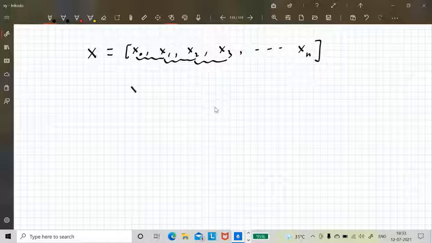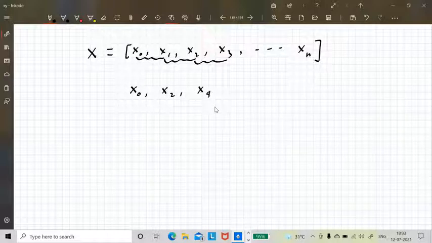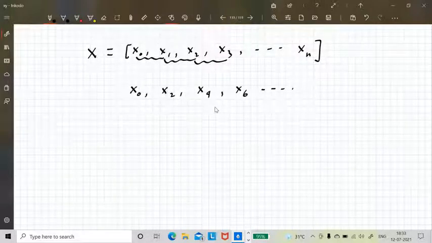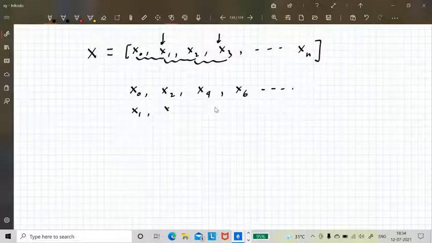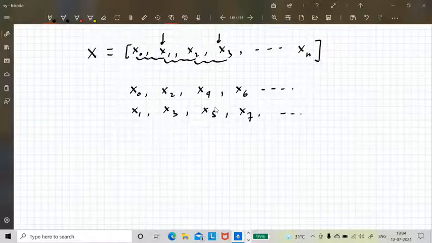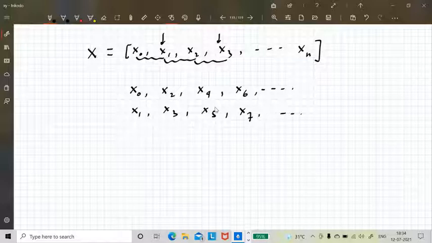One list consists of x0, x2, x4, x6, and so on, the alternate numbers, and the other set is x1, x3, x5, x7, and so on. So you create two lists or two arrays from this array.